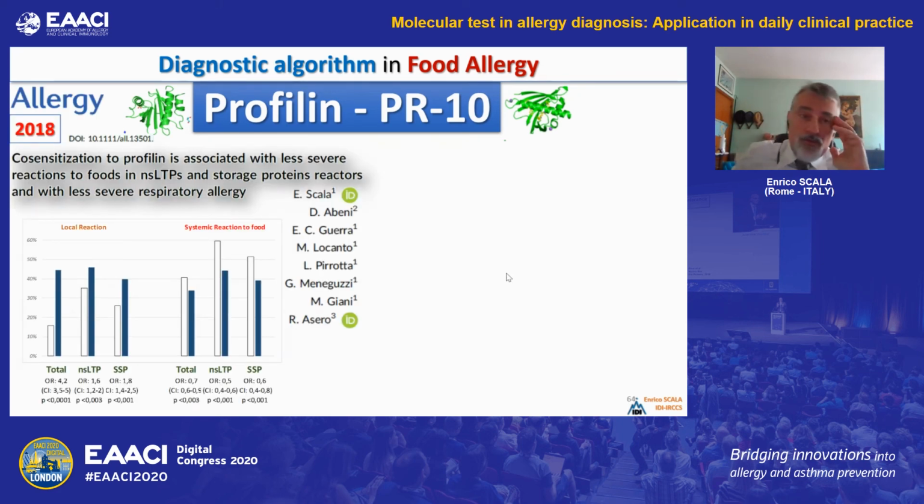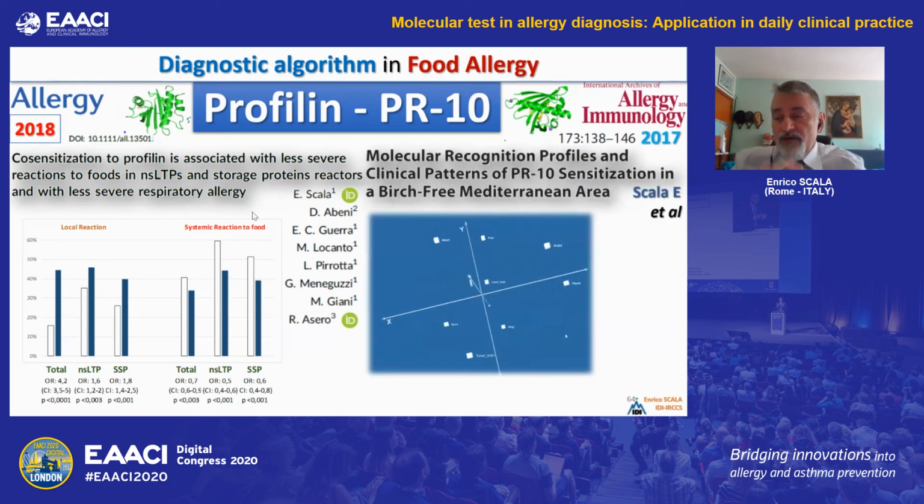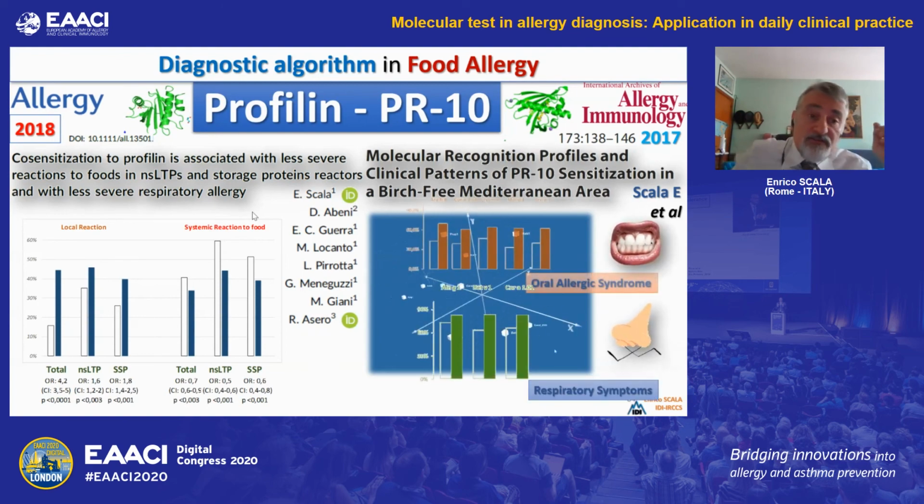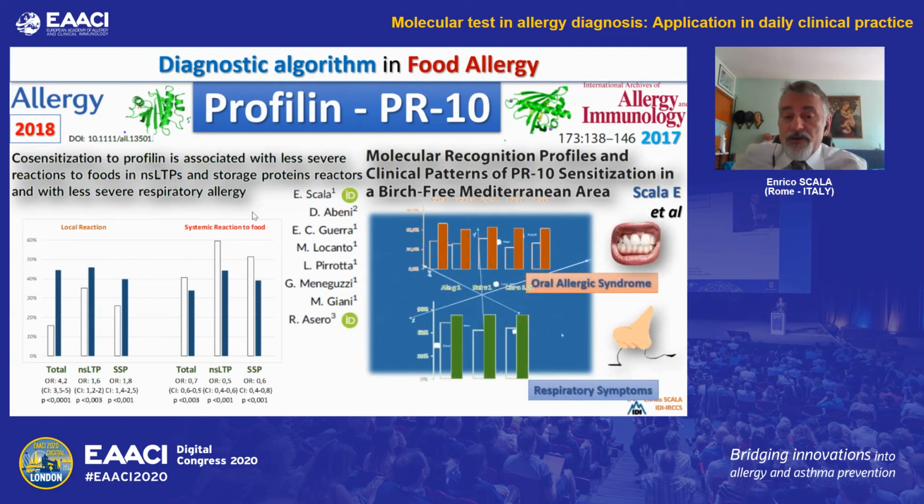And in fact, when we focused our attention in the past on patients having lipid transfer protein reactivity and seed storage protein sensitization, the subset of patients also reactive to profilin showed a significant lower risk, a significant lower occurrence of systemic reaction to food in both cases. And you know very well that when you have a patient with PR10 reactivity, in about 70% of cases, you can have an oral allergy syndrome. But